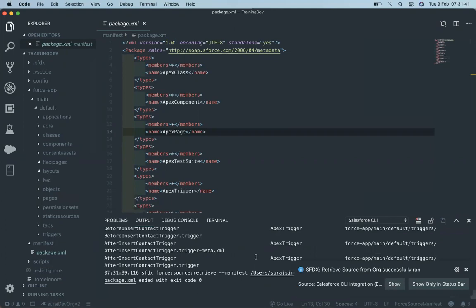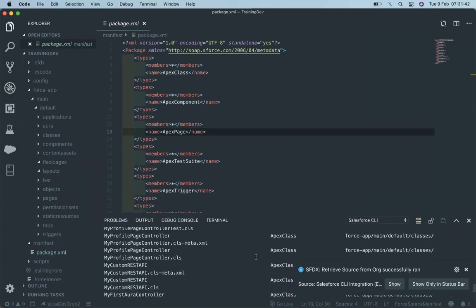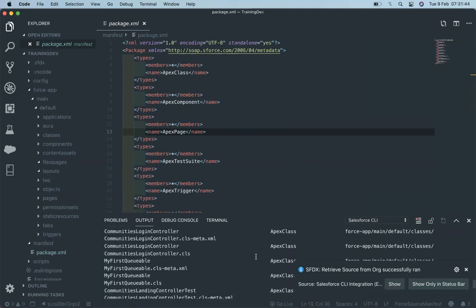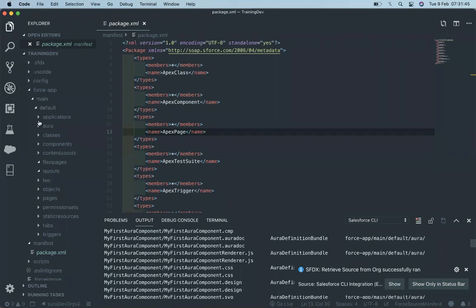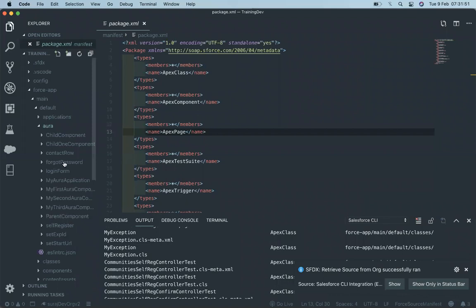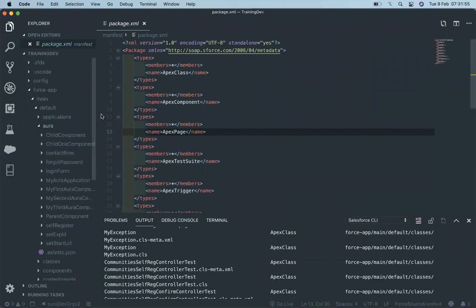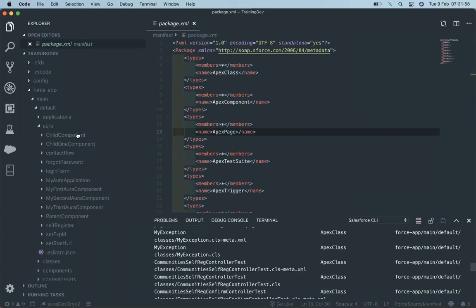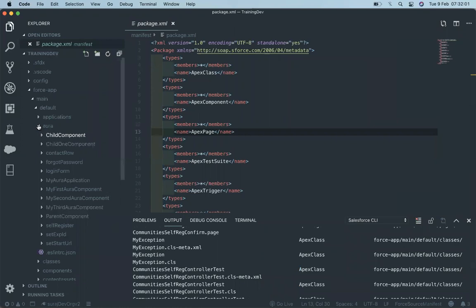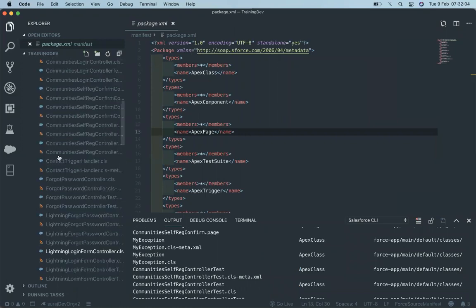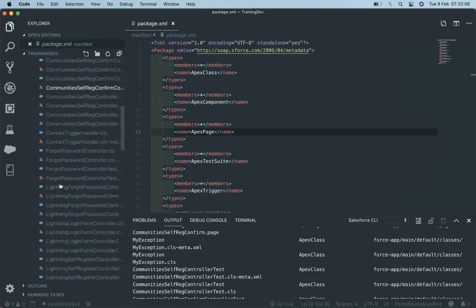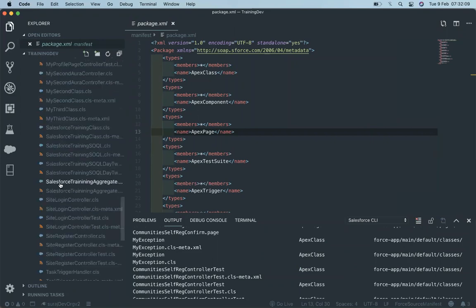Okay. Now I can see in the logs that all the files are showing up, and whatever was extracted. If I come up here, the application does not have Aura. You remember these Aura components we have built? We have worked on them, so they're showing up here, and we have classes.